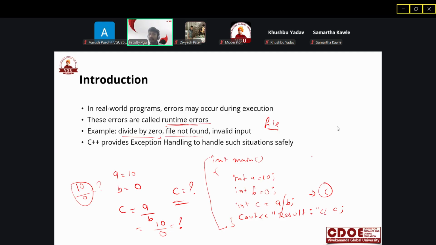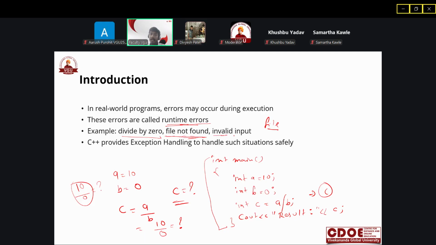So at compile time you will not get any error, but whenever you run your program, at runtime the processor will look for the file. When it goes to the file path, it will not find it, because the path is invalid and the file will not be fetched. So at runtime you will get the file not found error. This is also a runtime error; you will get that error only at runtime.